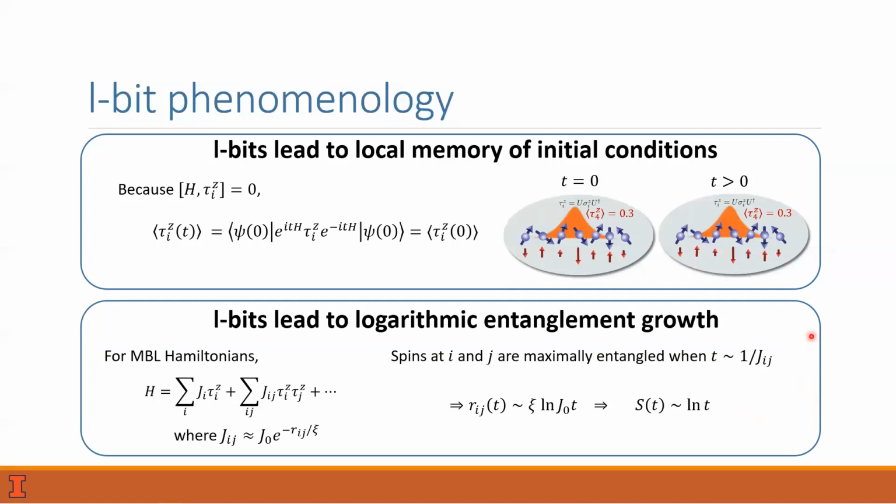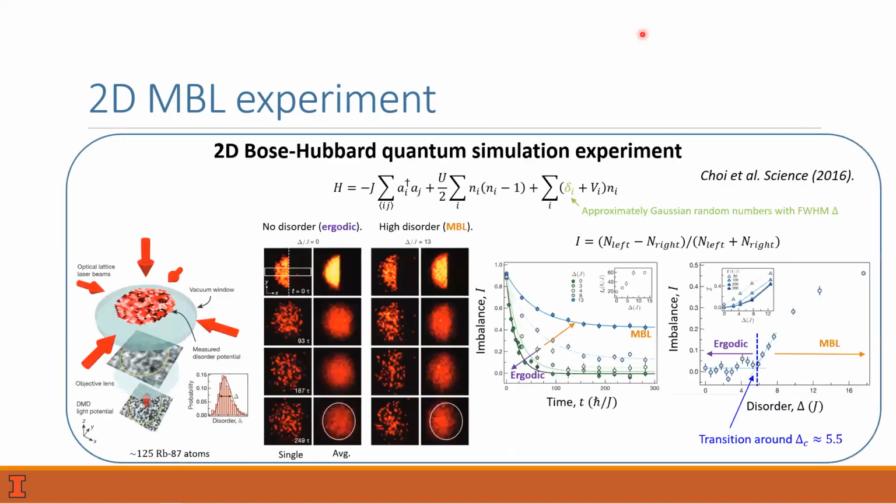Okay, but now I'm going to talk about MBL in 2 and 3 dimensions. So I wanted to explain an experiment that was done to study a 2D system. This is an experiment from this paper where they did a cold atom quantum simulation of the 2D Bose-Hubbard model. So they had bosons in an optical lattice, rubidium atoms, and so they